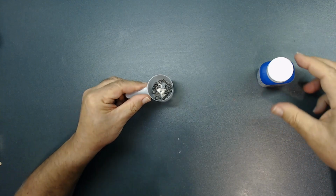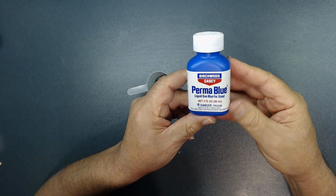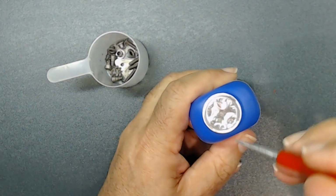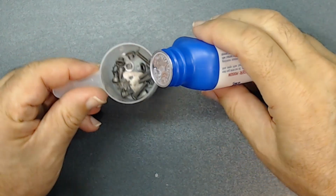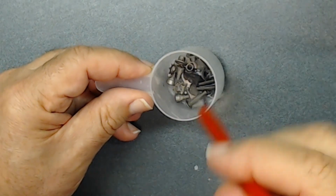Alright, I put all of this in the container. This is the product I'm going to use. I'm going to pour a little bit inside here. I'm going to just put a small hole in this. Alright. Just pour a little bit here. Then of course I'm going to shake this